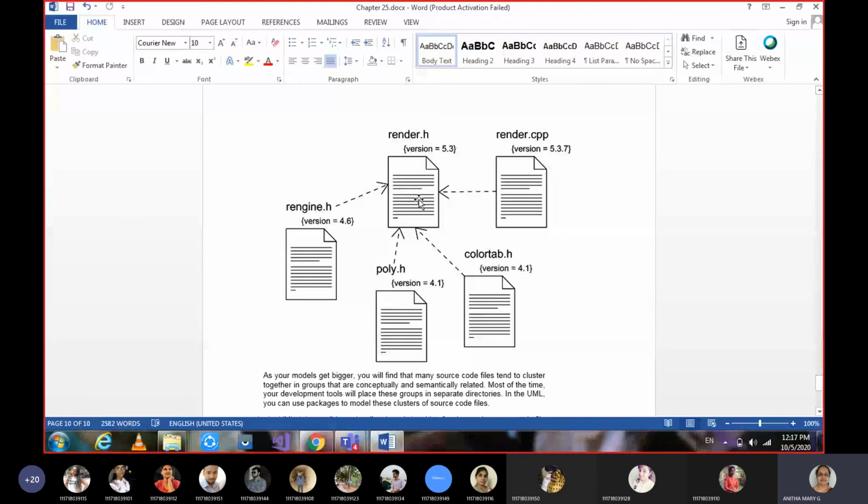In order to give the image onto the output screen, based on what code you have written, what colors you have used, what shape you might have drawn, using the things available with that animator tool, we are going to show it onto the output screen. So that is render.h, the source code on which the other things are depending.